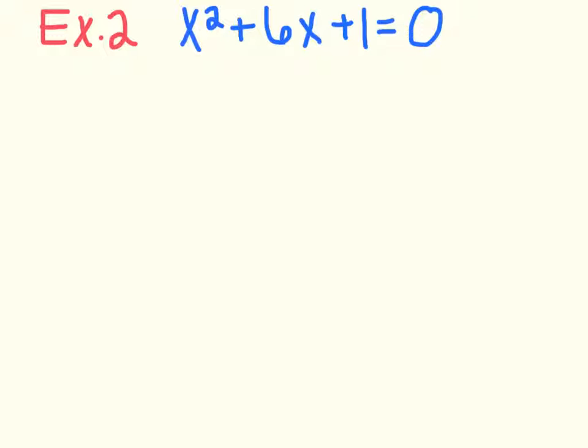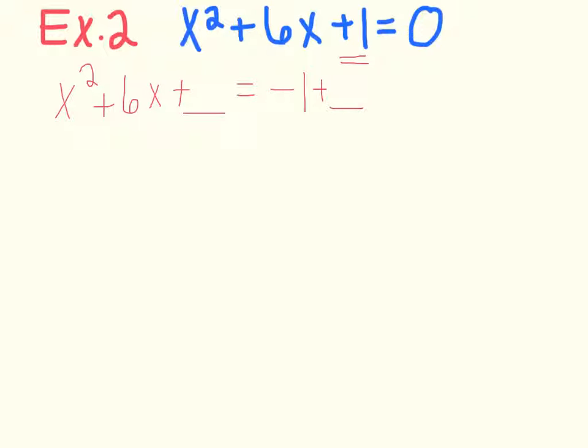Example 2, x squared plus 6x plus 1 equals 0. We're going to complete the square. If you remember from the last example, our first step is to move our constant term to the other side of the equation. So it's going to look like this: x squared plus 6x. We'll go ahead and put a plus blank since we know something's going to go there, equal to negative 1